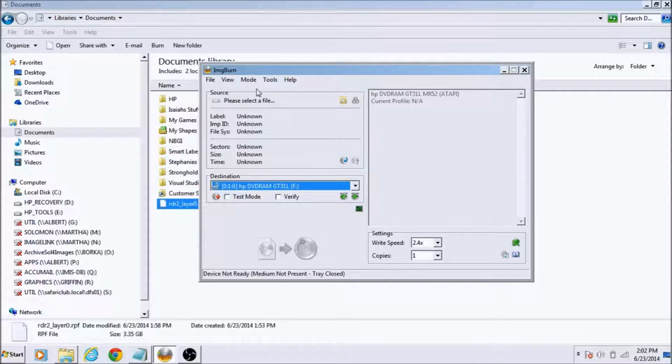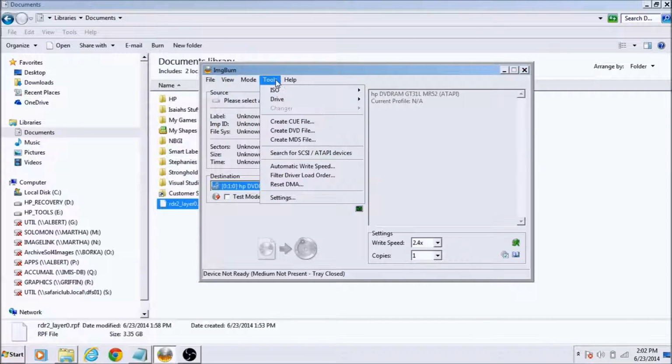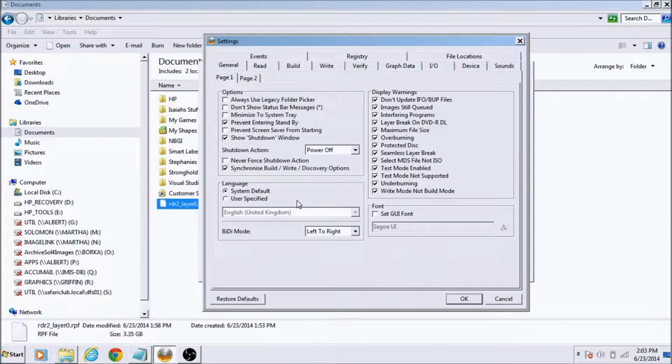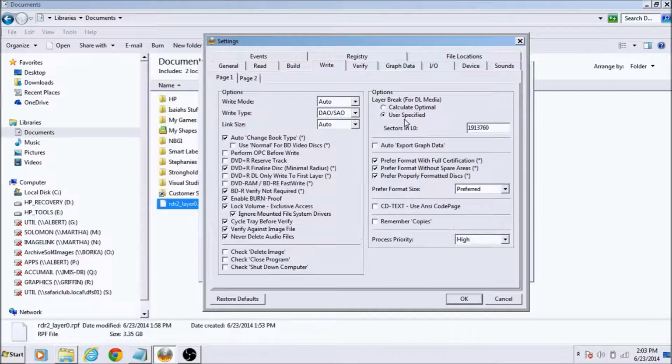Before we get to the burning, you're going to want to make sure you have one thing set. You're going to go to Tools, Settings, and just copy down one setting. It's only one setting that you need. If you do not have the setting set, then you're going to be in a whole lot of trouble during the burning. In other words, your disk is most likely not going to work. Your settings are most likely going to be like this on default. It's going to be at Calculate Optimal. You're going to want to go to User Specified, and you're going to want to copy this number down in that box. You're going to want to do 191.3760,